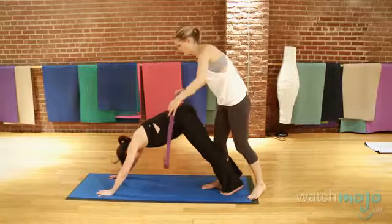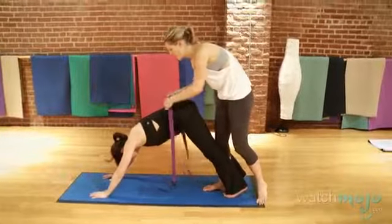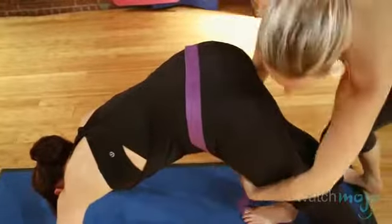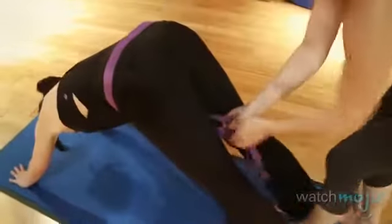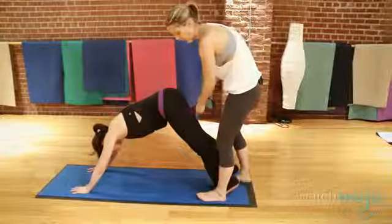So what we're going to do is start by placing the strap around the lower back, right around the sacrum area. Do not bring it up near the waist. Keep it around here, and then you're going to loop the strap between the legs, and where the strap is going to come up is about to the upper inner thighs, and then I'm going to place my feet